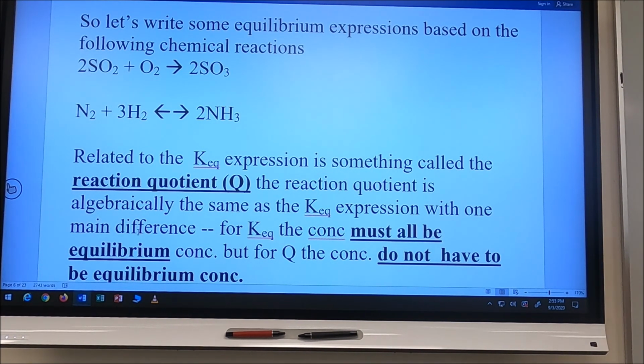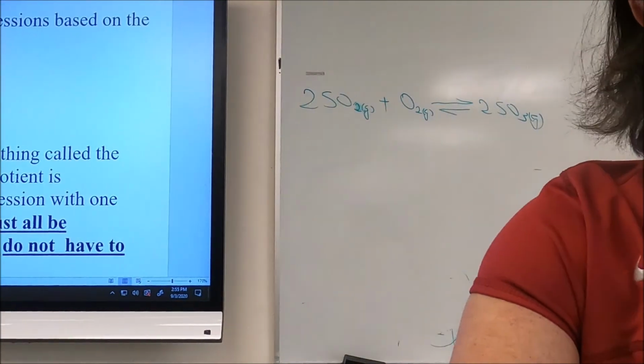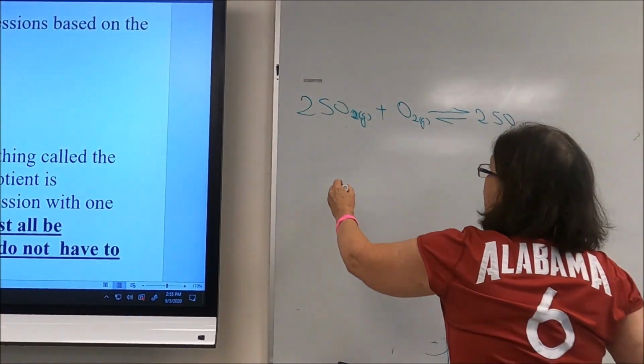Okay? Now we've got the reaction. 2 sulfur dioxides in the gas phase plus an oxygen in the gas phase, going to 2 sulfur trioxides in the gas phase. So let's look at writing the equilibrium expression. If I write the equilibrium expression,